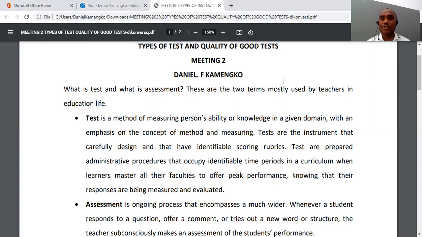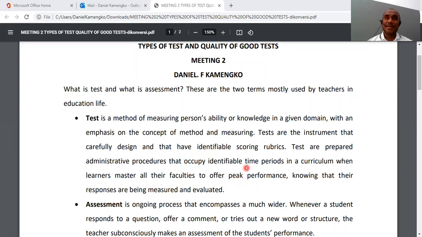In what way? Through administrative procedures that occupy identical time periods in a curriculum, when learners master all their faculties to offer peak performance, knowing that their responses are being measured and evaluated. Of course, before giving tasks, teachers, you have to think about the instruments and the rubrics, and make sure your students know that they are being measured and evaluated by you.